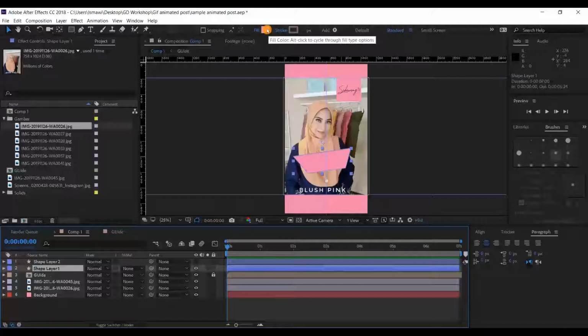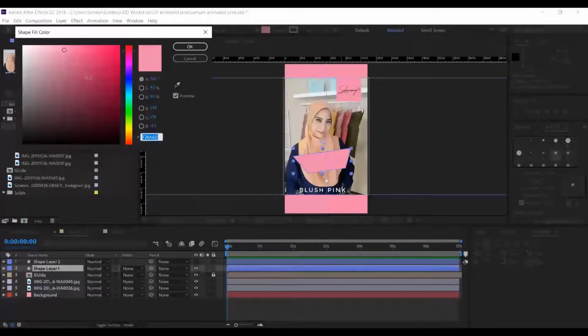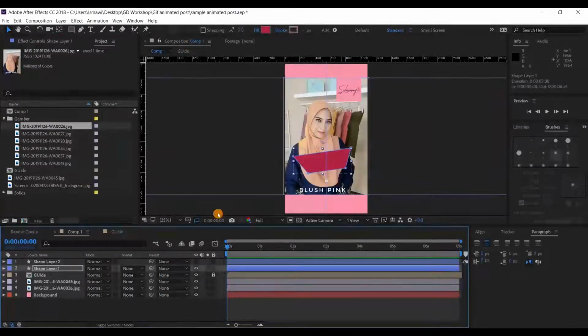So I'm going to double click on the fill color, so we have more options for our colors. We're going to select a darker color to be the shadow for the graphics. All right, so I'm going to choose somewhere here and click OK. And I'm going to move it a bit. You can move it using your keyboard arrows. Okay, left and right, up and down.